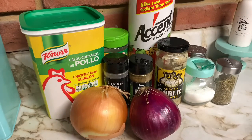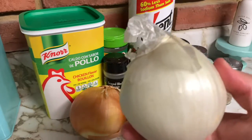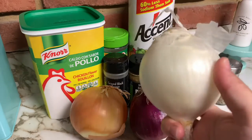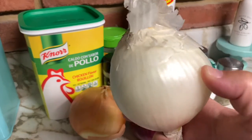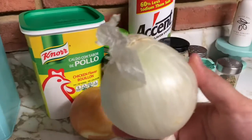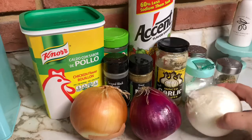And then I don't really cook with this onion, but my mother-in-law cooks a lot with white onion. It is sharper, it is stronger. You will taste this onion if you mince it, chop it up raw, and you eat it raw. You will taste the onion flavor on this. If you guys have seen my ceviche video, I use this onion because I cook my ceviche with lime, and it cooks it. So this is why I use this one. I like to use this one for when I want to taste the onion. Fresh white onion. It's a lot stronger than these other ones, but